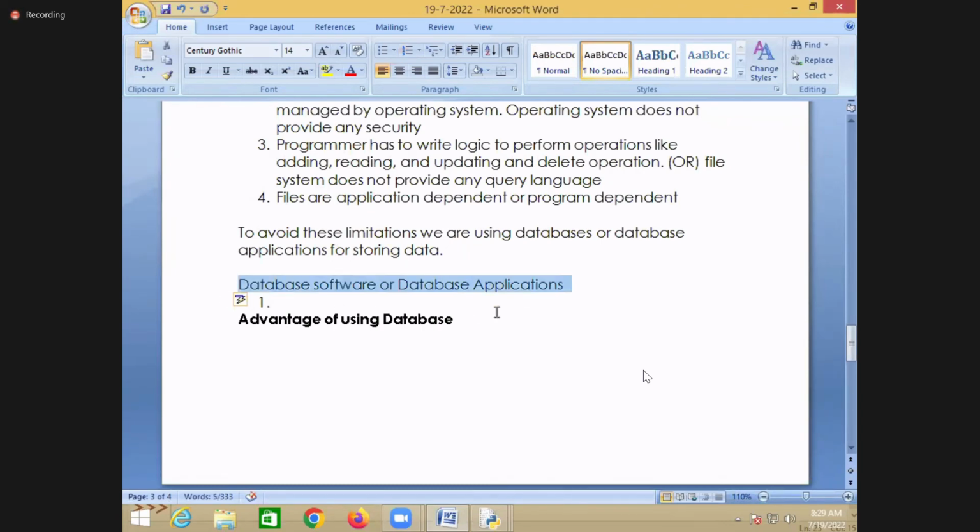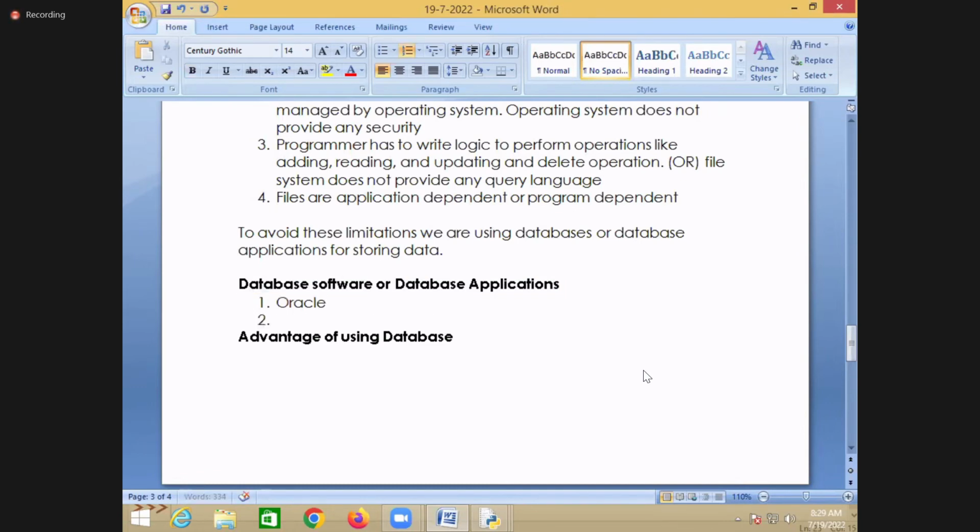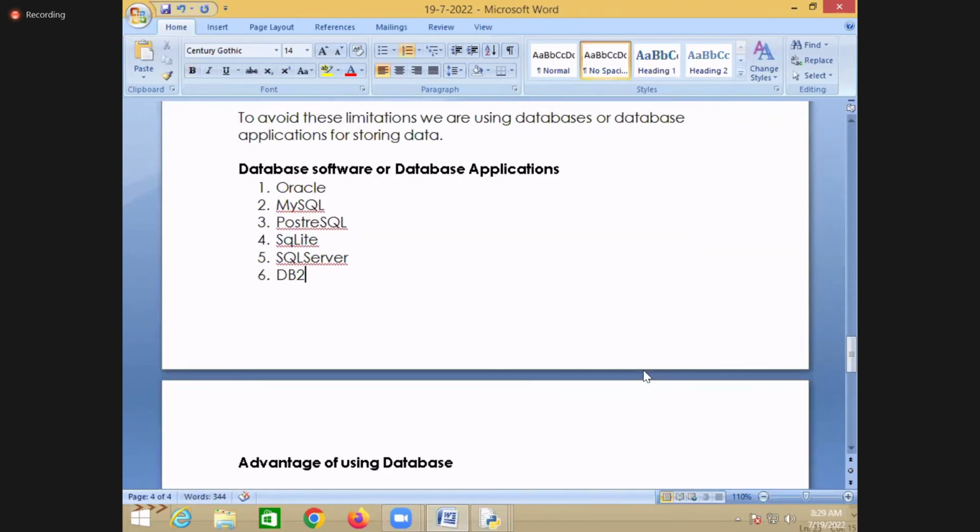You find different database softwares or database applications, like a database called Oracle, MySQL, PostgreSQL, SQLite, SQL Server, and DB2.